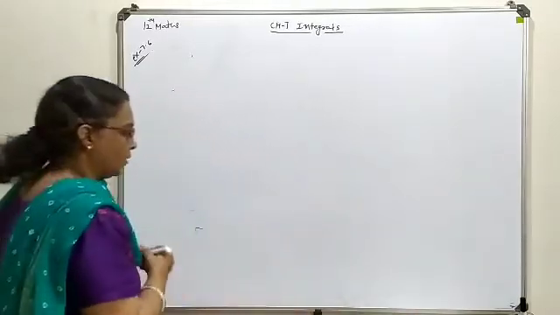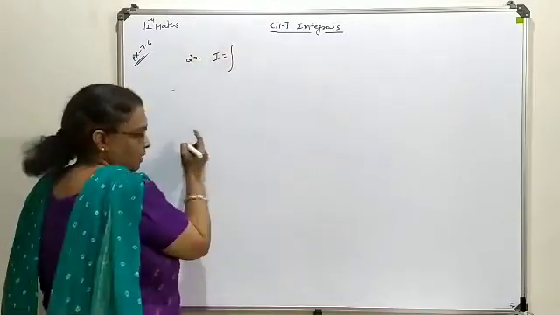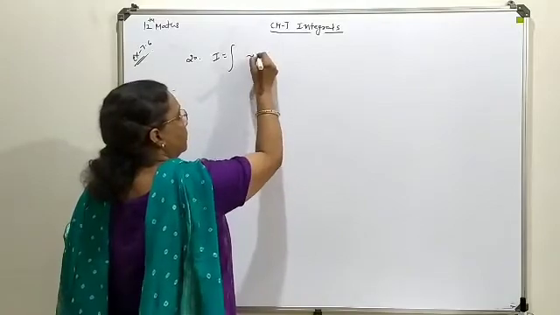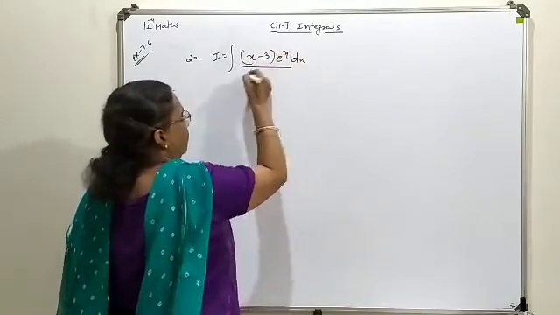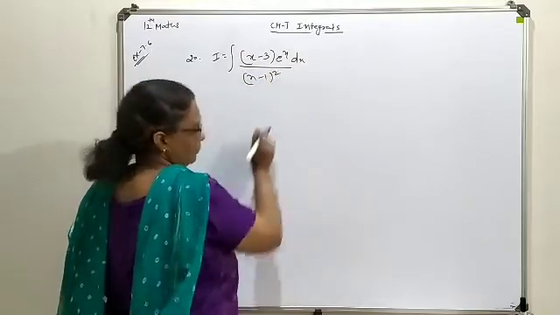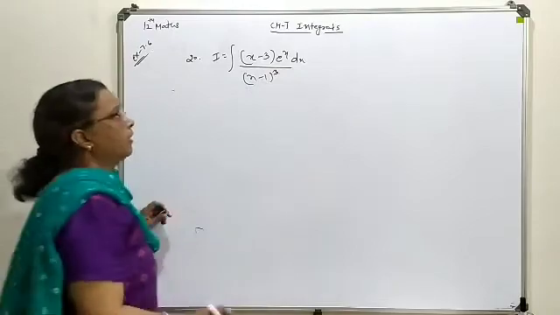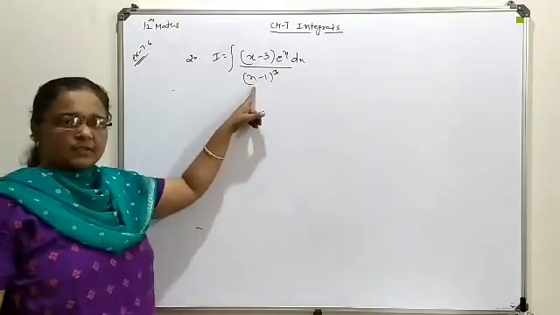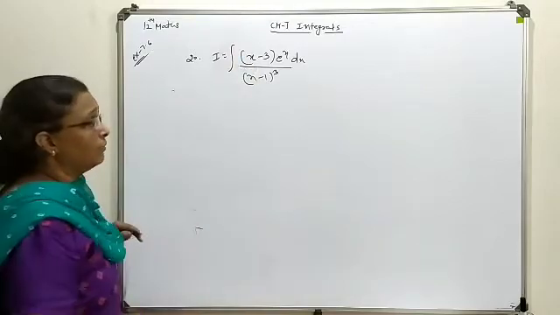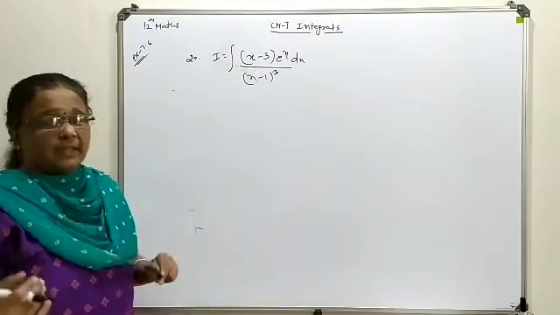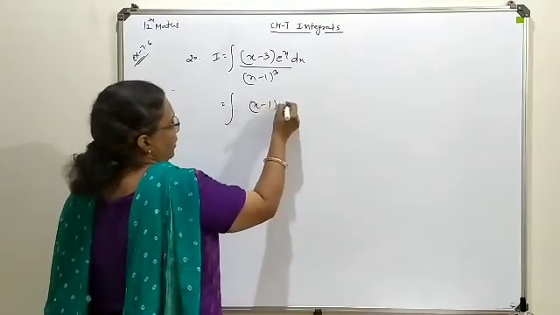Now just for reference, we are having one more question, that is question number 20, in which I am just giving you a hint regarding that. So you try for that, and if you are not getting it, you can ask. This is with a cubic form. Now obviously the same term you will generate in the numerator. So here this x minus 3 we will split as x minus 1 and minus 2. Just try to understand what I mean to say.